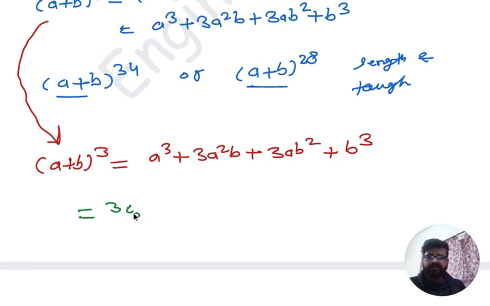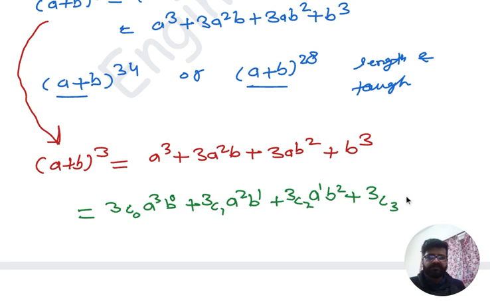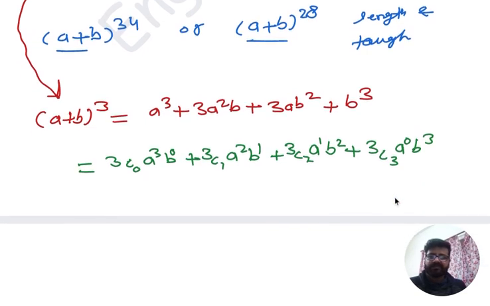3C0 a cube b to the power 0, plus 3C1 a square b to the power 1, plus 3C2 a to the power 1 b to the power 2, plus 3C3 a to the power 0 b to the power 3. So if I solve this,